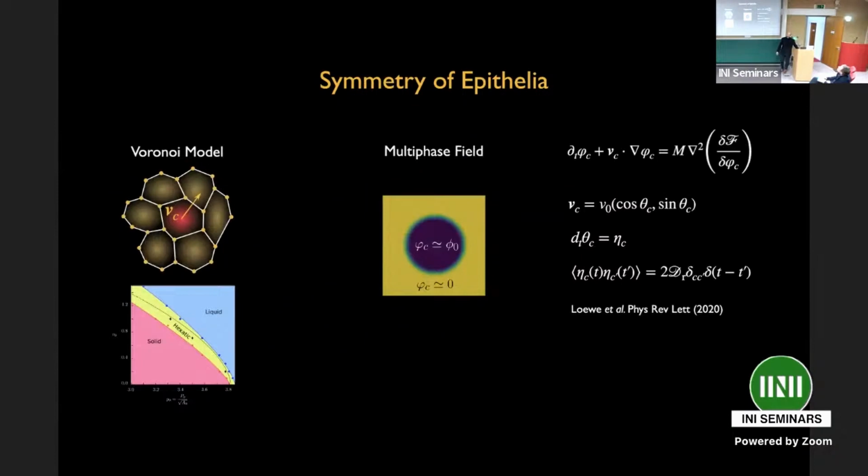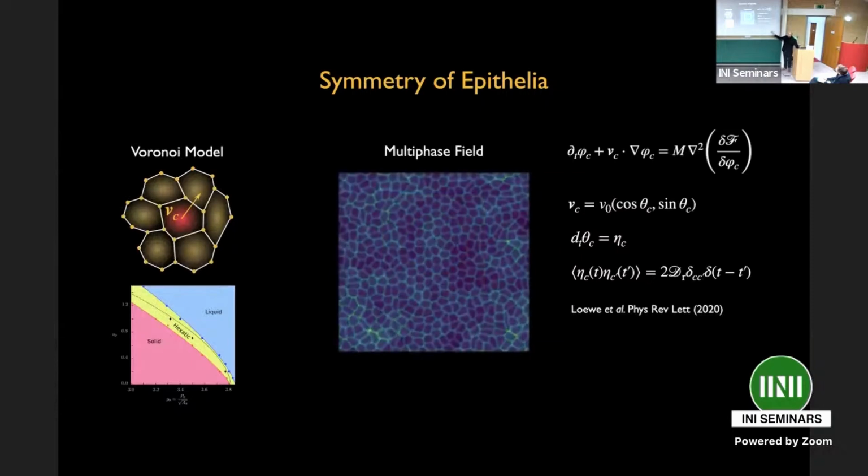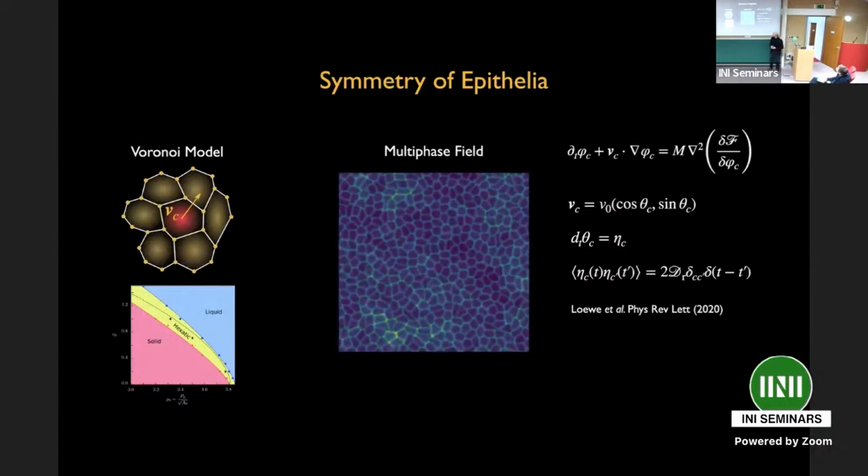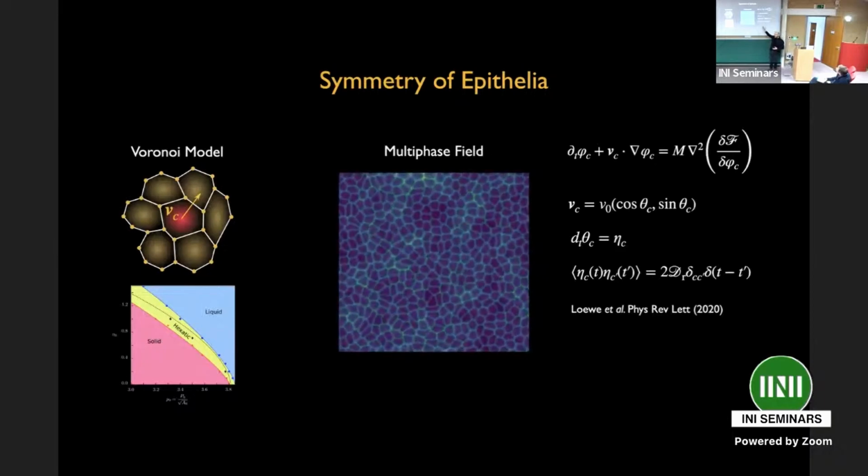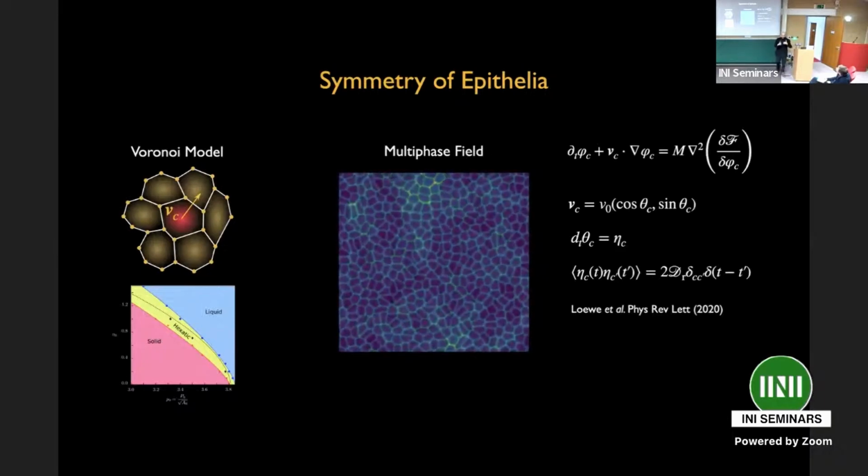This is based on a phase field approach where each cell could be described as a phase field. I can still describe the evolution of these cells with an advection diffusion equation. And the advector would actually feature a non-equilibrium velocity, which is somehow a direction which the cells want to follow, and with a direction that follows random intervals. And if you put together a lot of cells, you obtain this kind of system where basically each cell is interacting with its neighbors through repulsive interaction and filling the space as